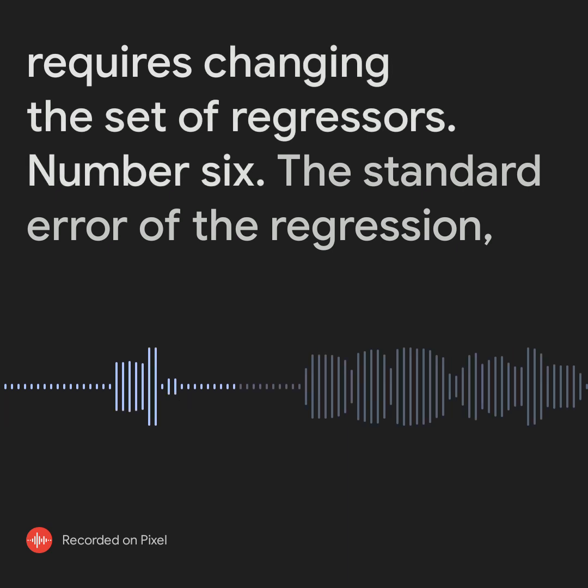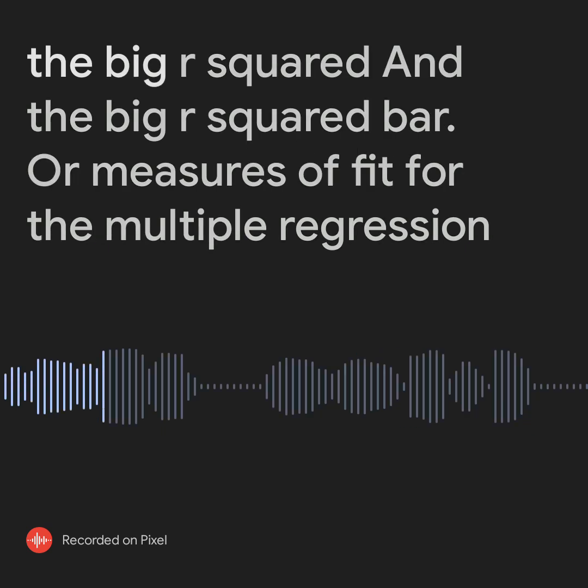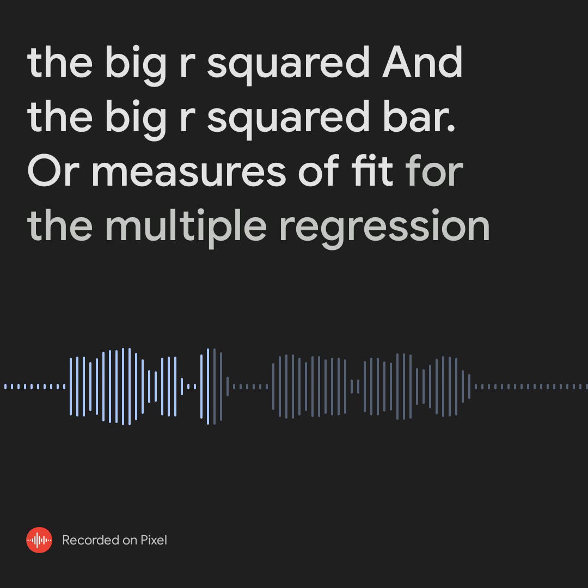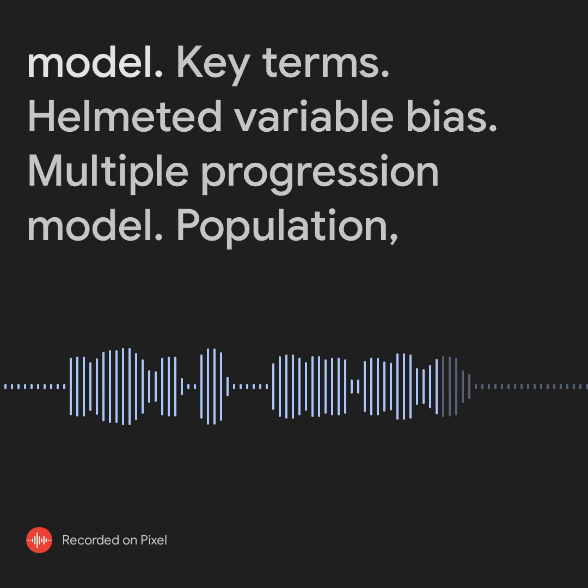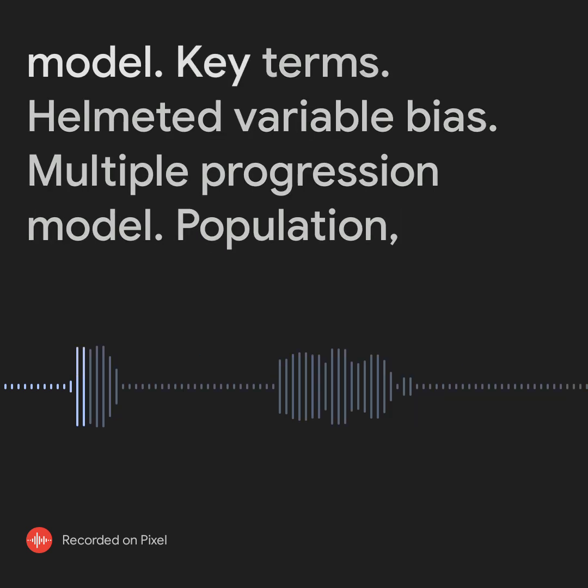Number 6, the standard error of the regression, the big R squared and the big R squared bar, are measures of fit for the multiple regression model. Key terms: omitted variable bias,